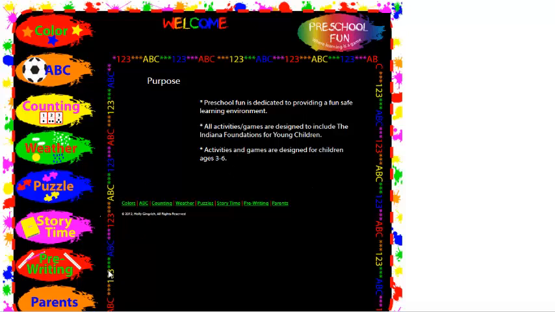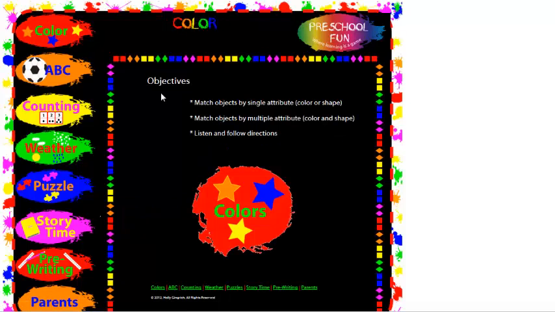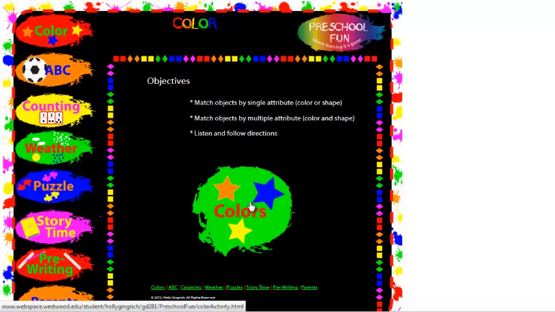For each page, it does have a colorful border going around it, usually within the theme of the topic that is going to be displayed. I've got the basic information on the home page with the purpose and the reason for the site. On each page, it does have the different objectives that would be listed. This was client specific, so that parents would know exactly what skills their child would be learning by participating in the different activities. Then when the child proceeds to that activity,